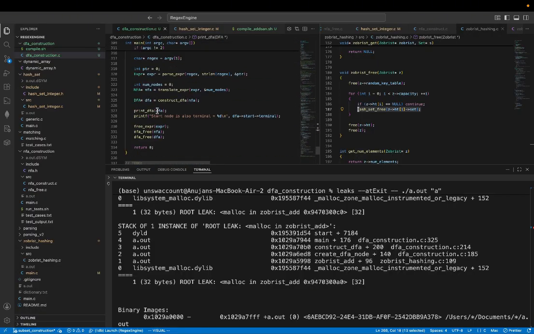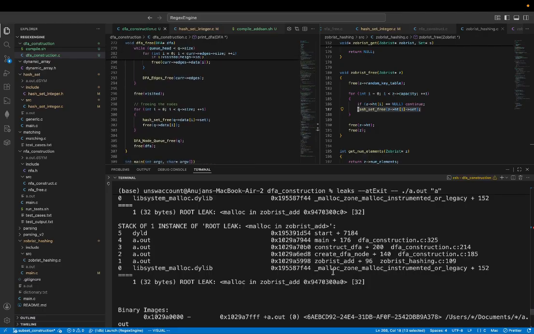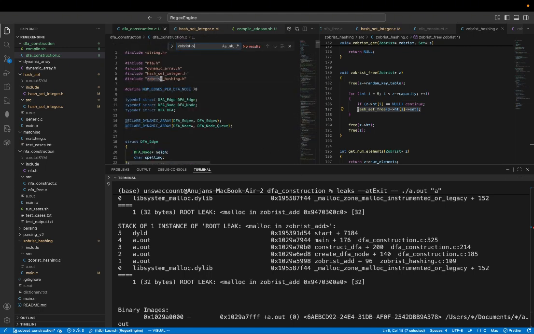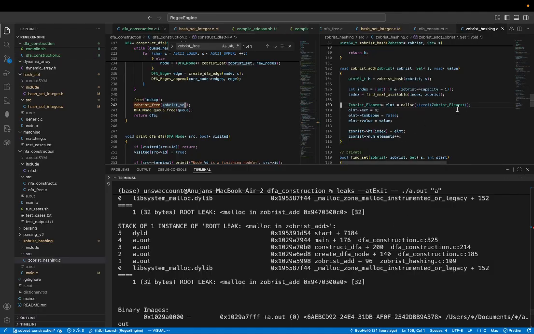I don't know if I made any sense in any of that, but it's fine. For now, I just have to think, why is it that despite calling the Zobrist free function, which does seem to do what it's supposed to do, it's saying that at line 109, the mallocing of a Zobrist element